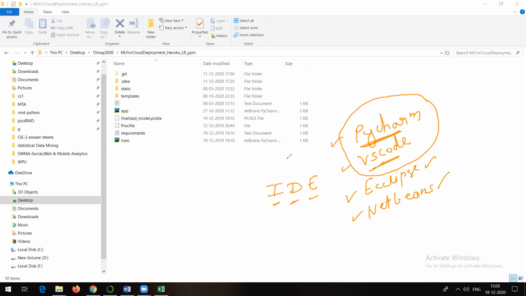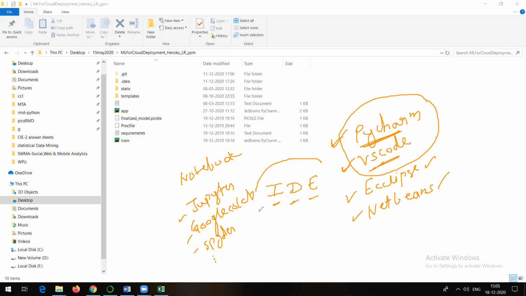As I said, notebooks are a different thing. Till now we have used Jupyter, which is a notebook. There is an online platform called Google Colab, which is also a notebook. Then there is Spyder, which you can also use. There are different options, Jupyter Lab is also one. But what are these? These are called